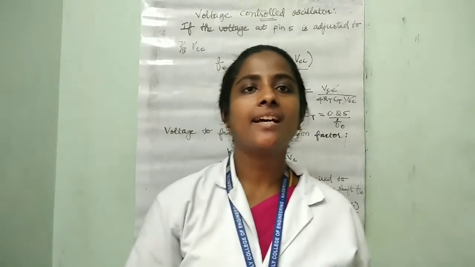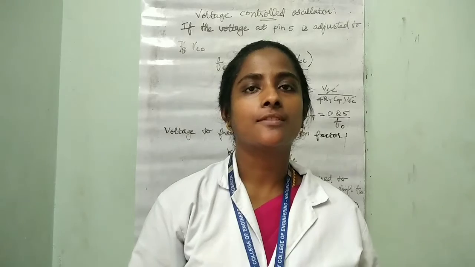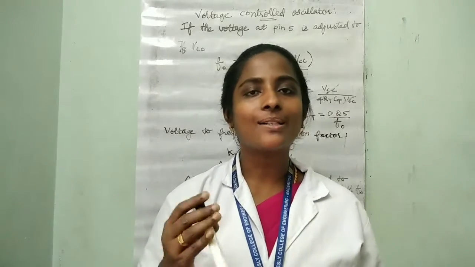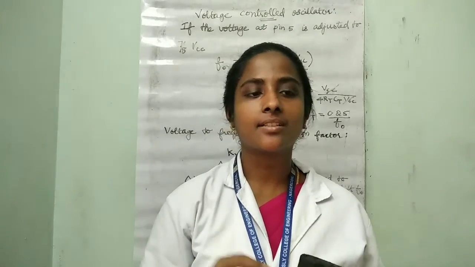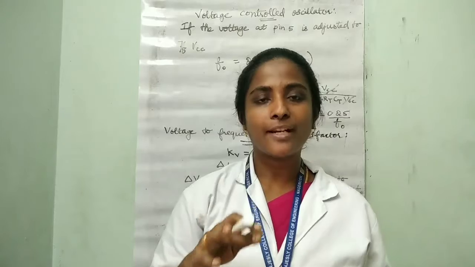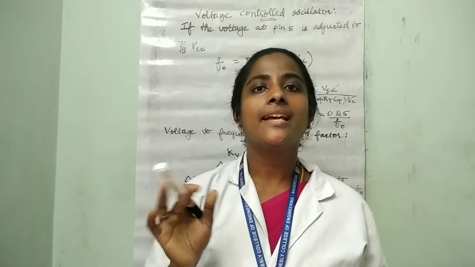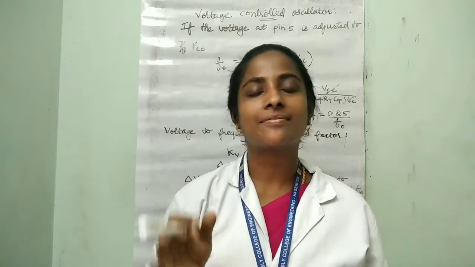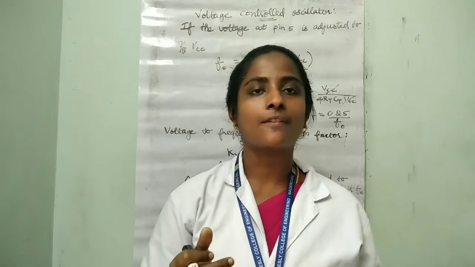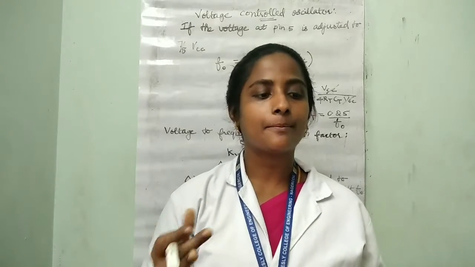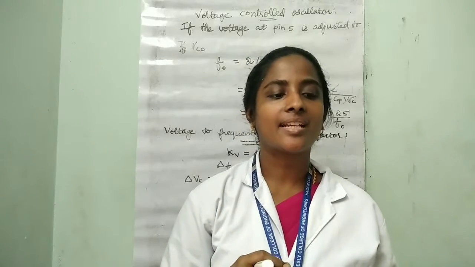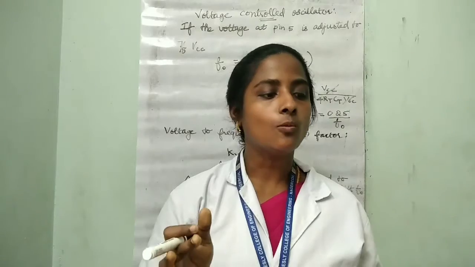Today we will see the remaining portion of the voltage controlled oscillator. In the previous class we saw that the frequency can be changed. Here the modulating voltage VC can also be changed from 0.75 VCC to 1 VCC. This can produce a frequency range of about 10 to 1.